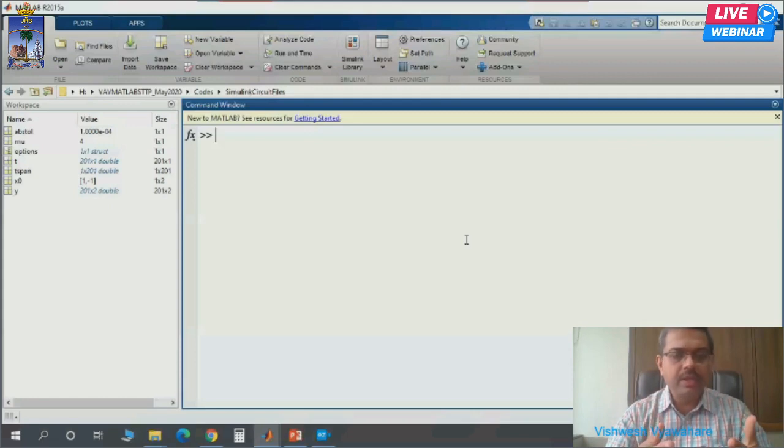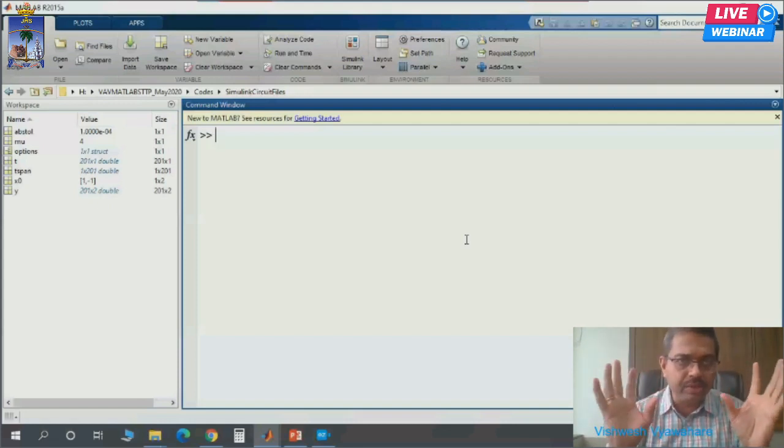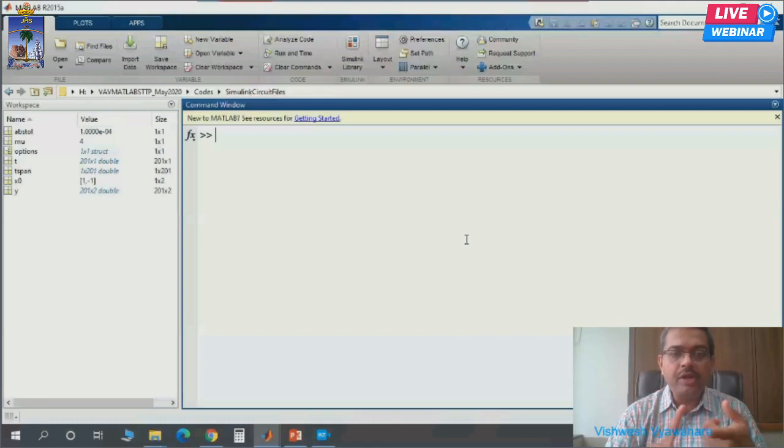The first one is just using the command prompt. The second one is the MATLAB codes or MATLAB editor, that also I have shown you while solving this van der Pol oscillator. The third one is you can directly simulate a system. It may be a physical system, an electrical system, an electronic system, a fluid mechanics system, a power system, anything. If you want to simulate, you can do it.